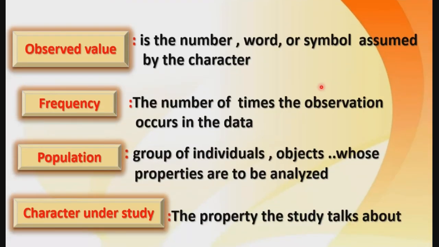Good. Now, let's have a summary of what we have talked about. First, what is an observed value? An observed value is the number, word, or symbol assumed by the character. Second, what is meant by a frequency? A frequency is the number of times the observation occurs in the data. And a population is known as a group of individuals or objects whose properties are to be analyzed. Finally, the character under study is the property that the study talks